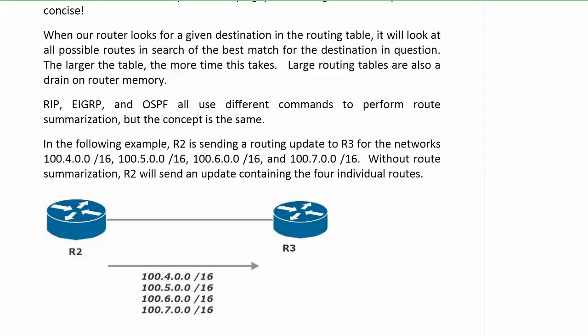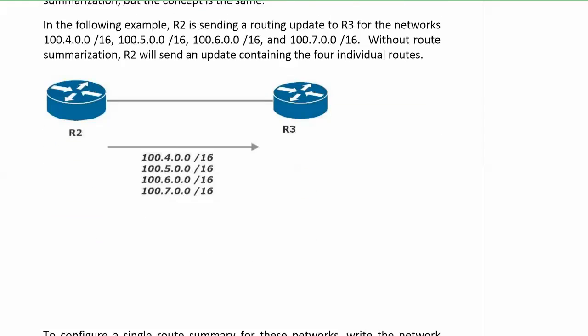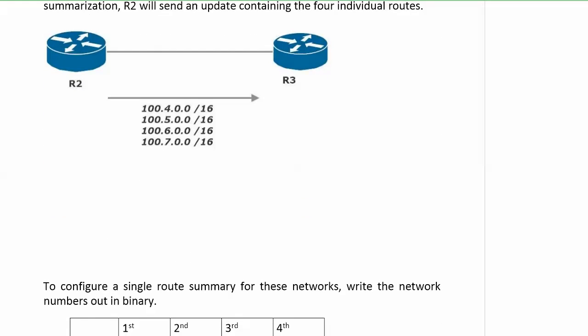When we summarize these, Router 3, as a result of getting a summarized update, will also have a more concise routing table, but still be able to reach everything that it needs to reach, because that's the key. When you're summarizing routes, it's not doing us any good to make the routing table more concise if we can't get to all the destinations we need to. So let's see exactly how we do that, because to configure a single route summary for these networks, or any